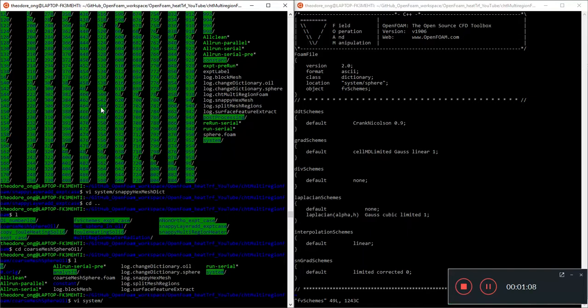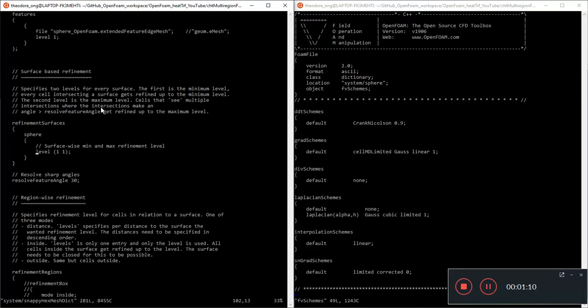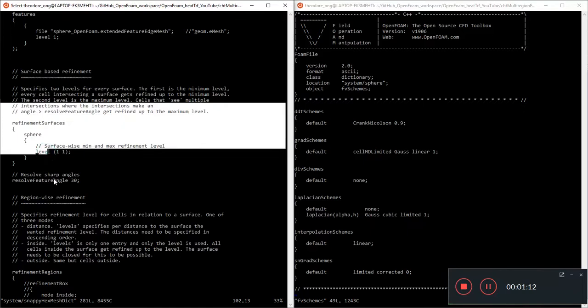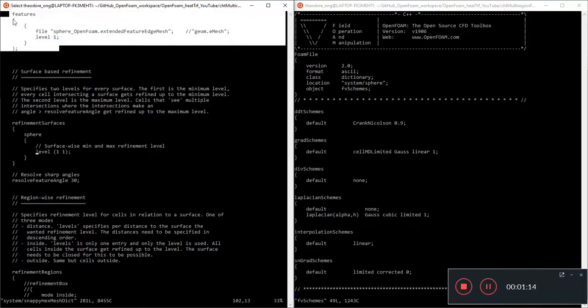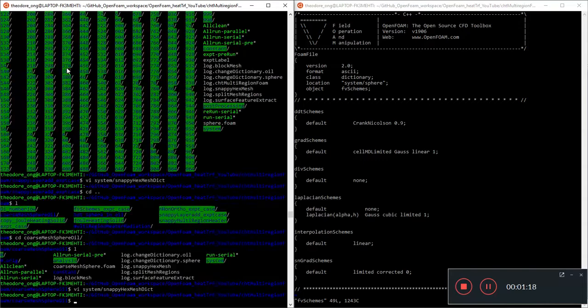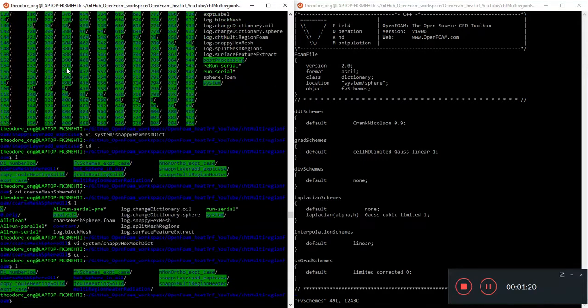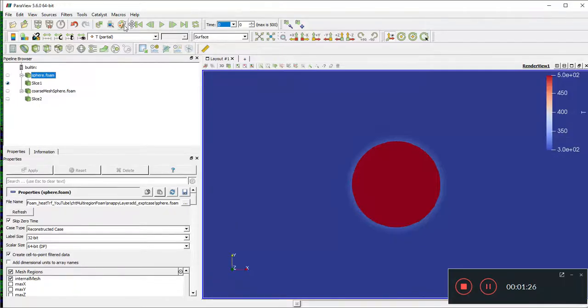So you can see in the snappyHexMesh dictionary, the refinement surfaces here is level 1, and the refinement at the features is also level 1. So do take note that there is actually some refinement that's being done in this case. So let's take a look at some of the